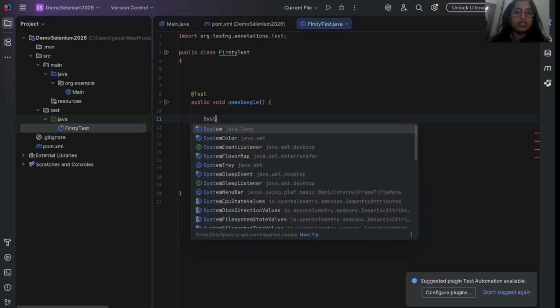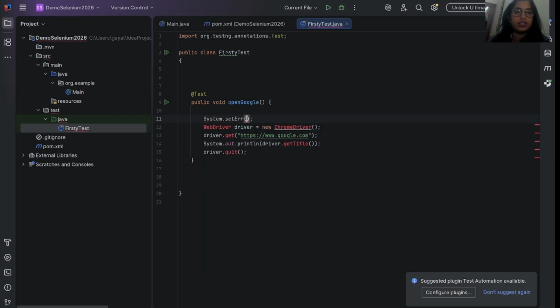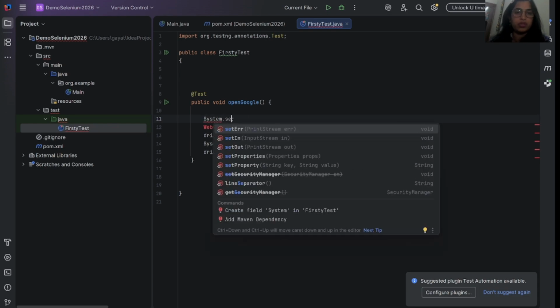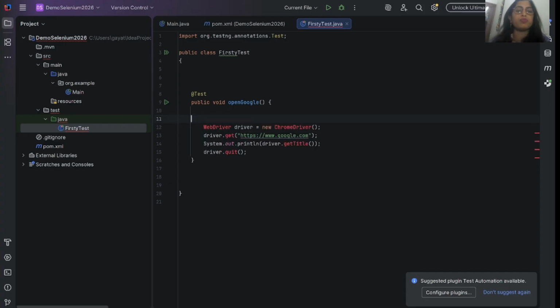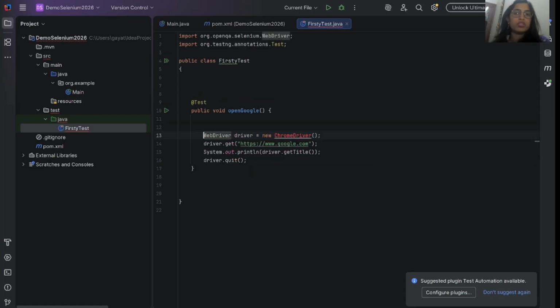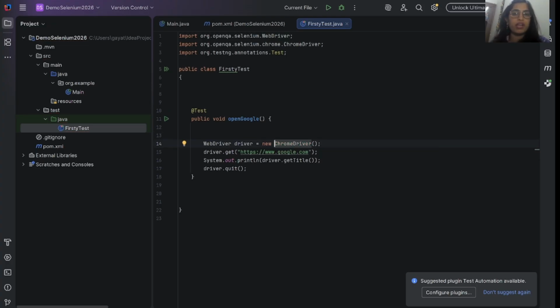We had to set the system.setProperty like this and provide the path of it. But now we can use this directly. When writing WebDriver driver = new ChromeDriver, you have to import the package of it. So it imports the package of WebDriver, and for ChromeDriver it imports the package of ChromeDriver, and now we are good.